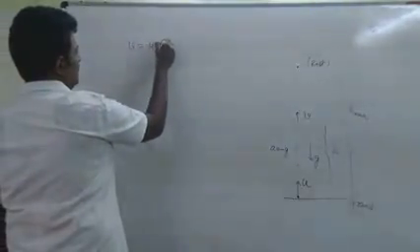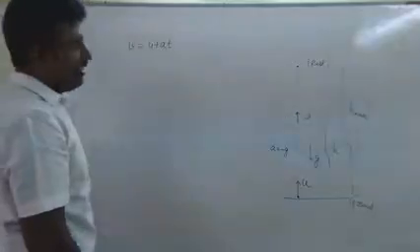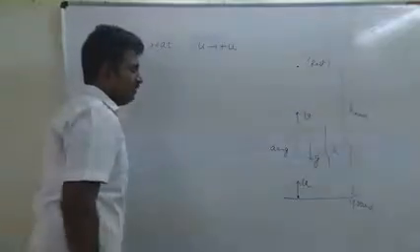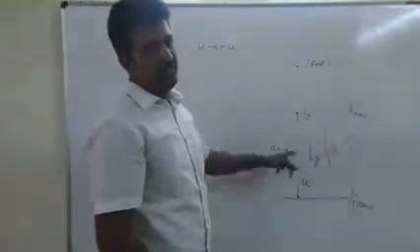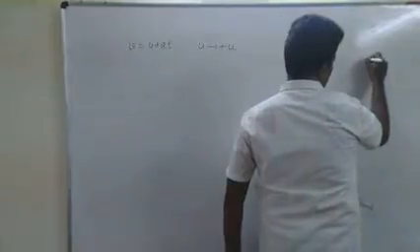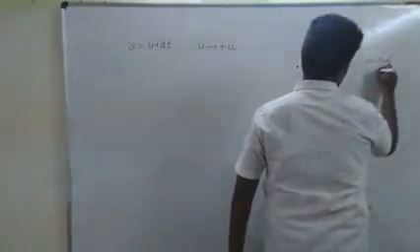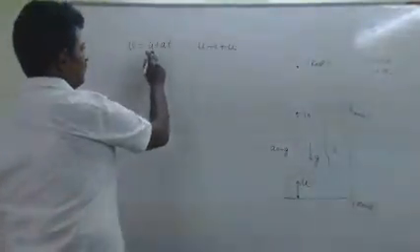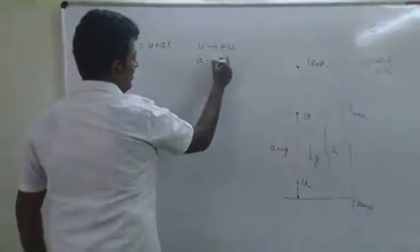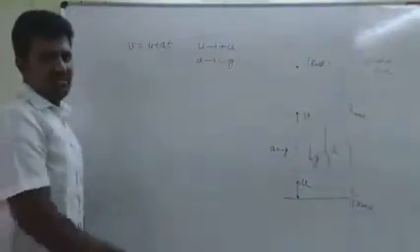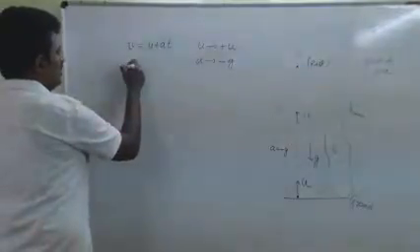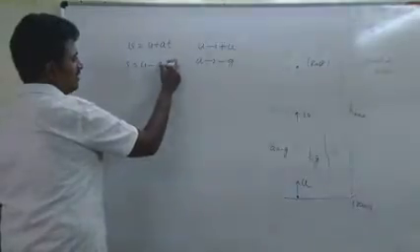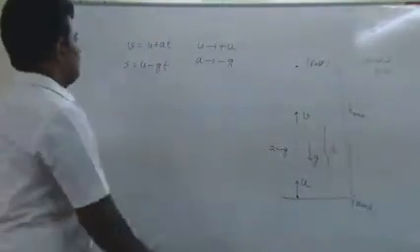v equal to u plus at is a regular equation of motion. In this, I have to substitute u to be equal to plus u. Why have I substituted initial velocity? Because I have taken upward as positive. So my sign convention here is upward positive. I always continue with the same sign convention. If I take upward as positive, u will be positive u. The acceleration a will be minus g because acceleration is acting in the downward direction. So the velocity after a certain time t will be u minus gt. That is the first equation.